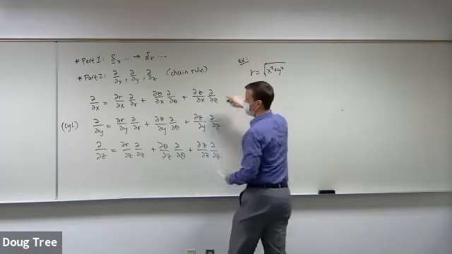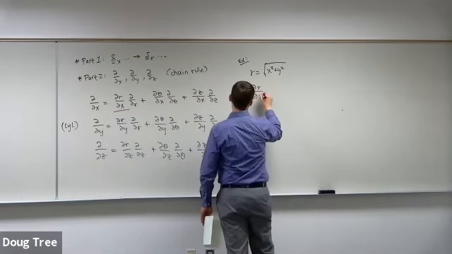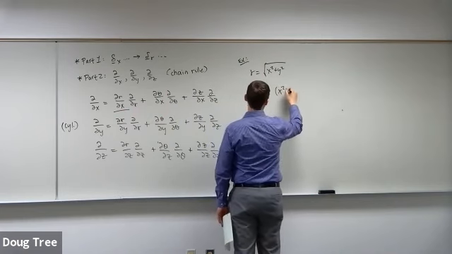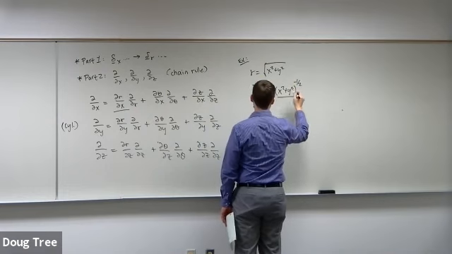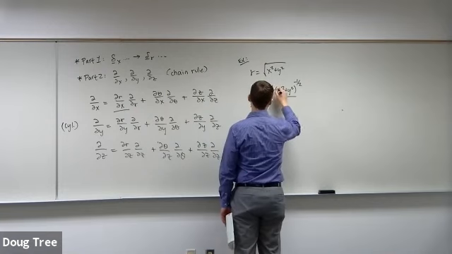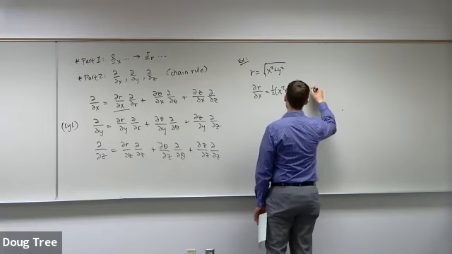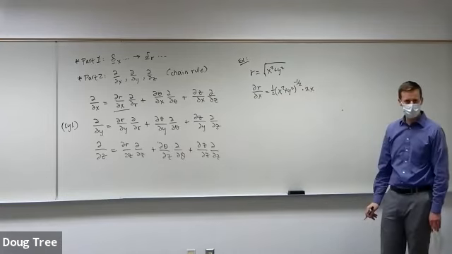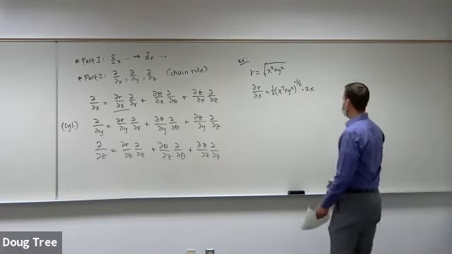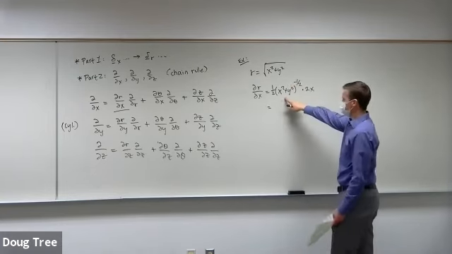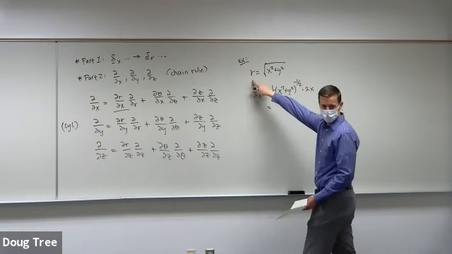If I take this one, if I do this guy right here, ∂r/∂x, how do I do that? I do ∂r/∂x. This is going to give me x squared plus y squared to the, this is 1/2, so it should be minus 1/2, right? Like a 1/2 out front. And then I have to multiply by the inside, which is 2x. Is that right? Did I do that chain rule right on that one? Okay. And then I can simplify this. This x squared plus y squared to the minus 1/2. I know x squared plus y squared is r squared, right?